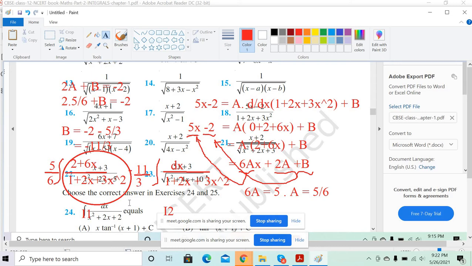Remaining portion you will be able to do. It just comes in the same formula. Now the second part, the denominator integration, you have to do by completing the square. Understood? Excellent. The first one no need to do, because the first one is easily done, right? Do the second part only.